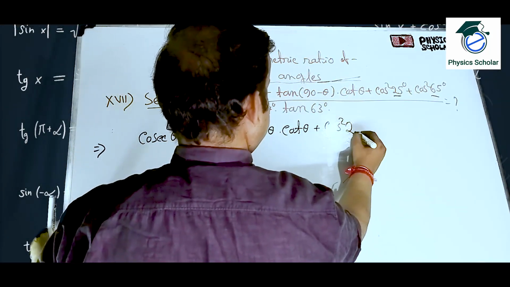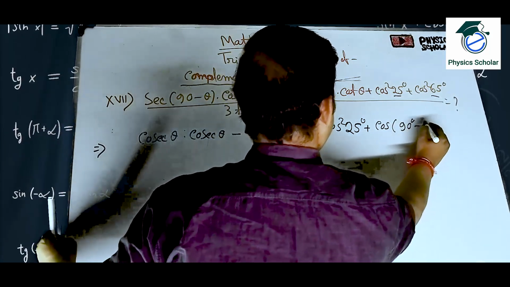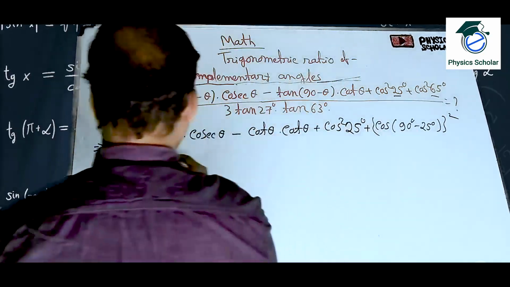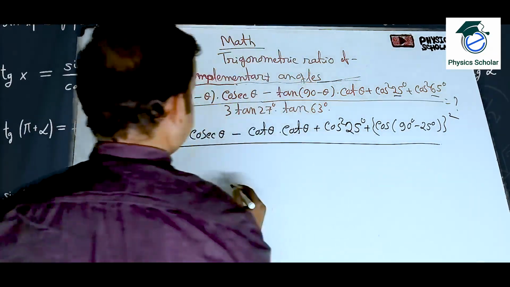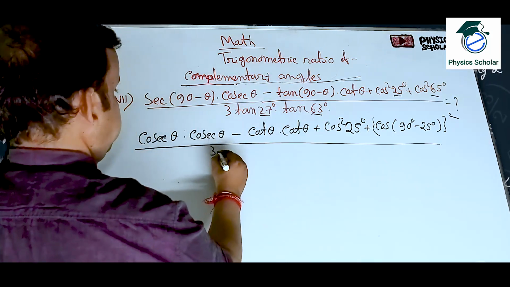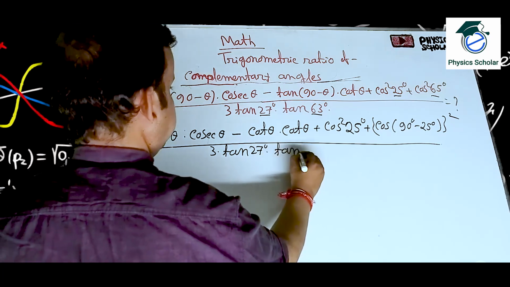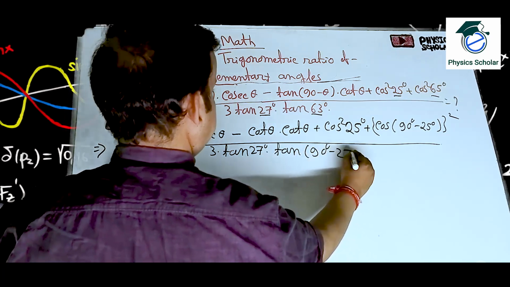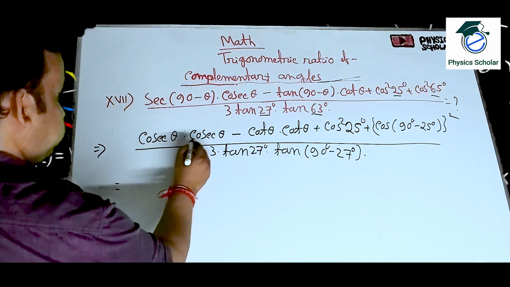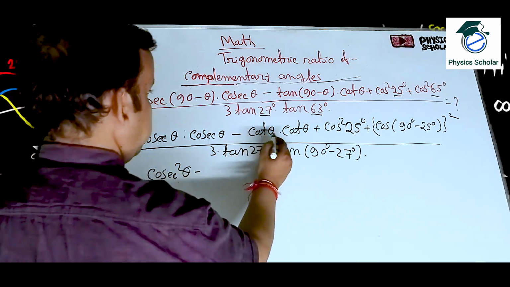So cos square 25 plus cos 90 degree minus 25, that means 65 whole square, whole divided by these two angles are also complementary, 27 plus 63 means 90. So 3 into tan 27 degree into tan 90 degree minus 27 degree. Clear? So now cosec theta into cosec theta means cosec square theta minus cot theta into cot theta means